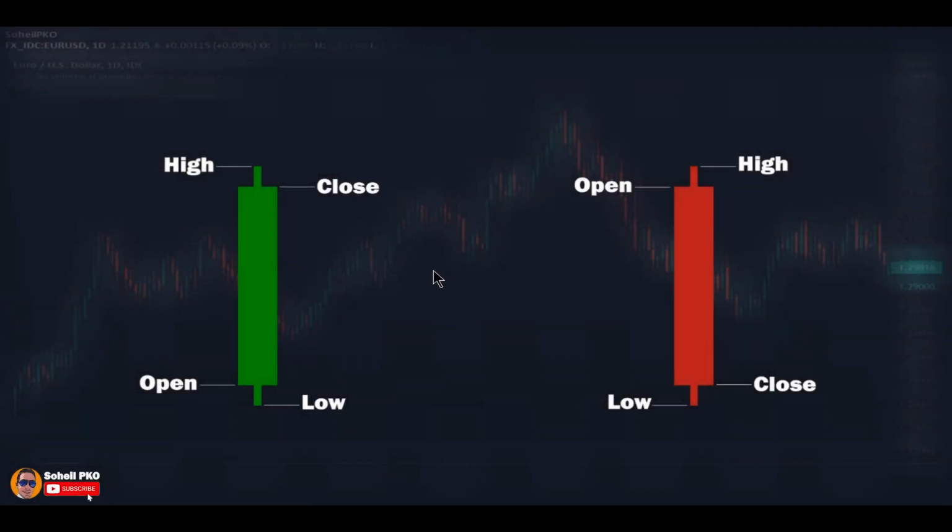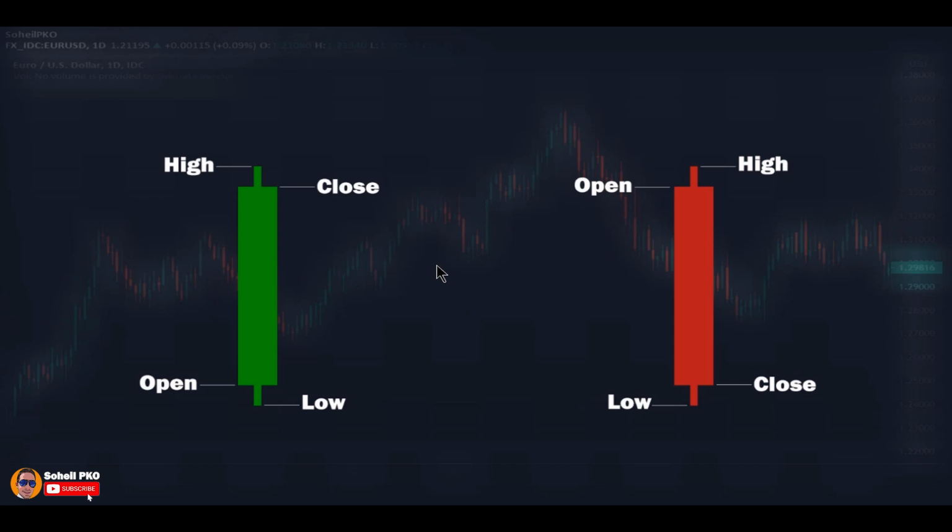Alright, here we go. First, let's see how a candlestick is constructed. Each candle is made by 4 pieces of information: opening price, closing price, highest price, and lowest price in a time period. For example, if we are considering candlesticks in 1-day time frame, the price that the financial asset opened in a day, the price that is closed at the end of that day, and highest and lowest prices during that day. Or if, for example, we're considering it in 1-hour time frame, the opening price in an hour, the closing price at the end of the hour, and highest and lowest prices during that hour.